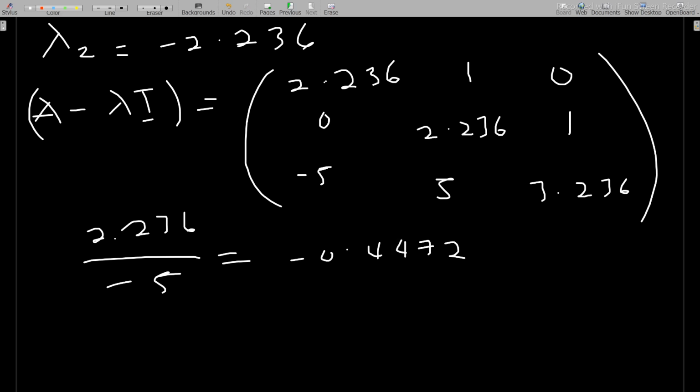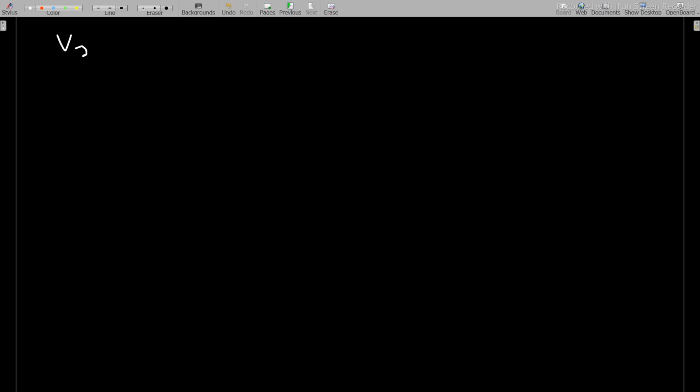Okay, then you continue like that. As you continue, what you get will reduce this. So you do it for the same thing, and if you do it properly, you get your v2 to be equal to, I've done it here, and I want you to also go through the same process, and you get something like